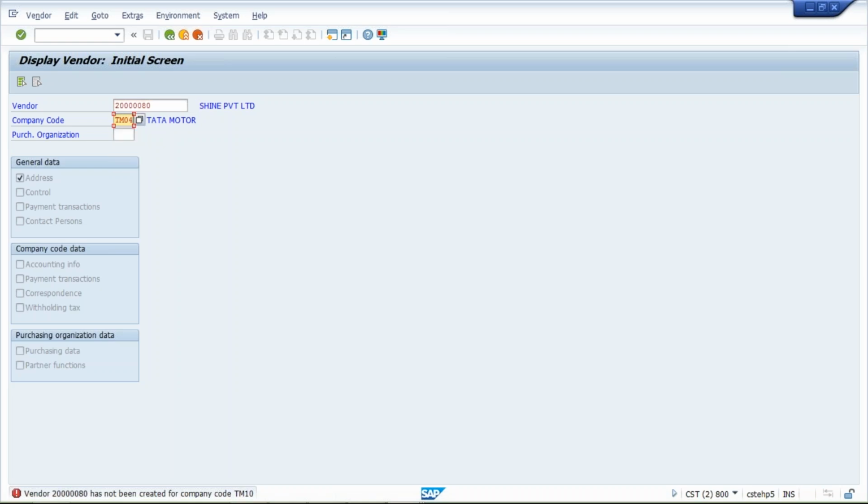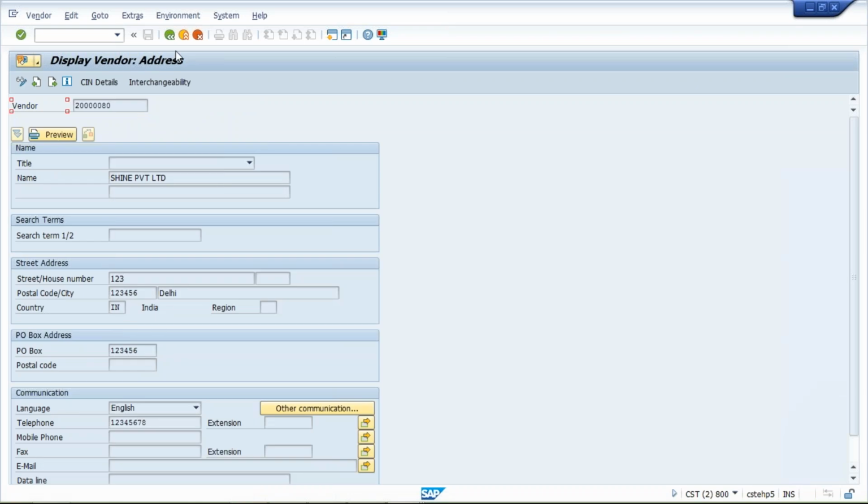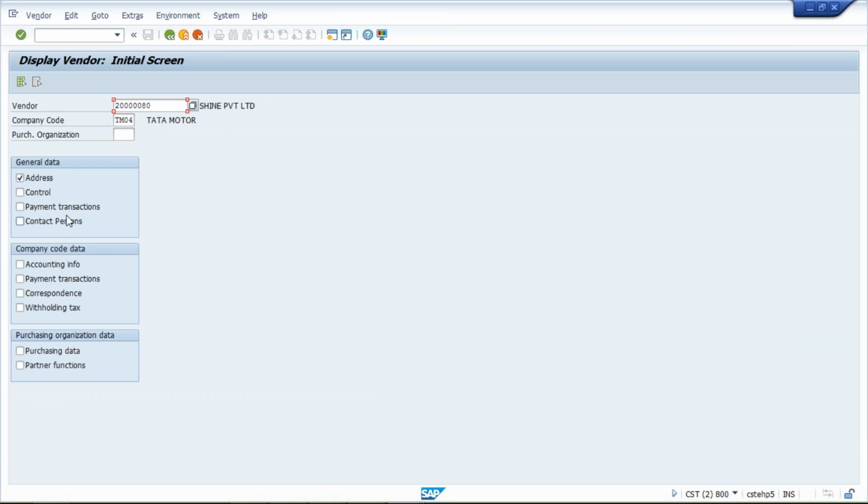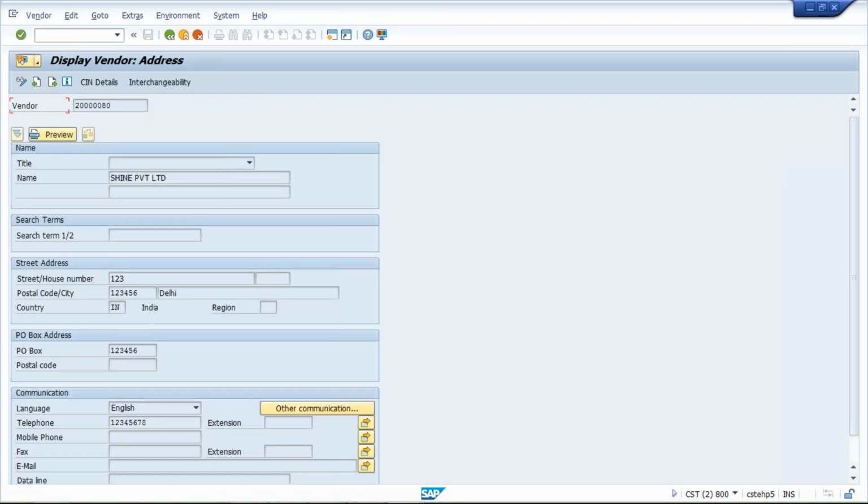Here, TM04, press enter. See what is happening if I apply a check mark on address and press enter: we are able to enter the address field, and everything is visible.